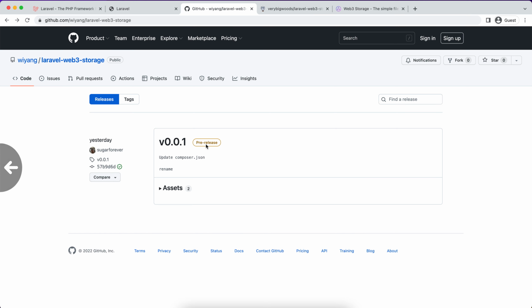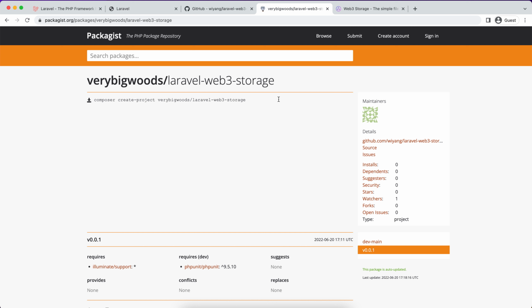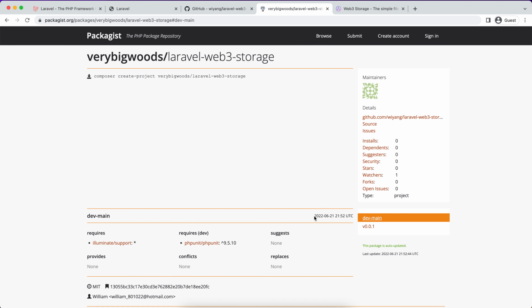So this is a pre-release, and I pushed a code. Let me refresh the page. Now you can see here the dev main. As I have pushed the code to the main branch, this dev main version has been updated. This is the time now, so we can try to use this version